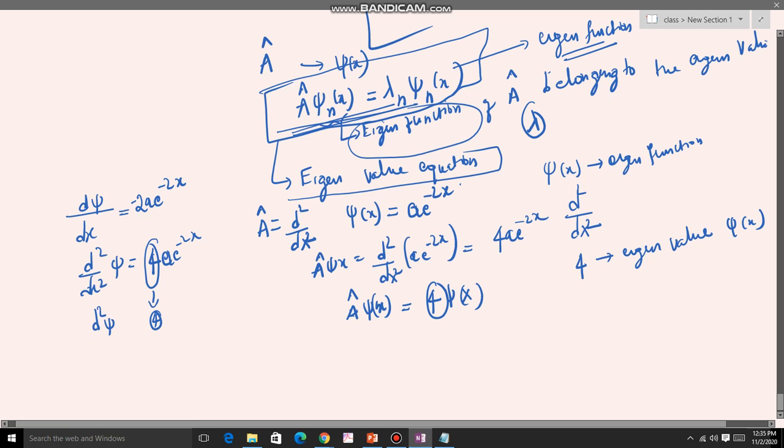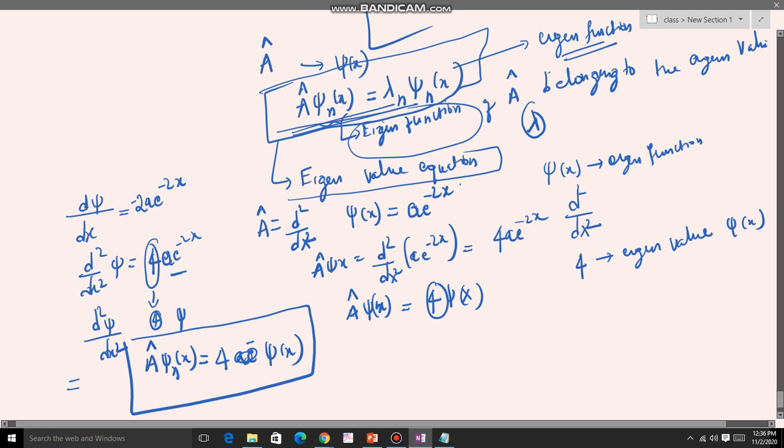d square psi by dx square is equal to 4 times a e to the power of minus 2x, which is nothing but your original function. So I can write A cap psi n of x is equal to, your lambda is 4, that is 4 psi of x. Any quantum mechanical function which can be written in this form, A cap psi n of x equal to lambda n psi n of x,